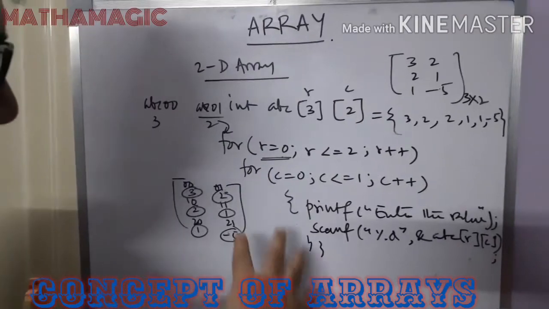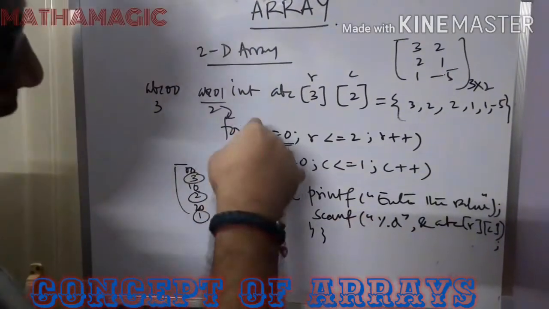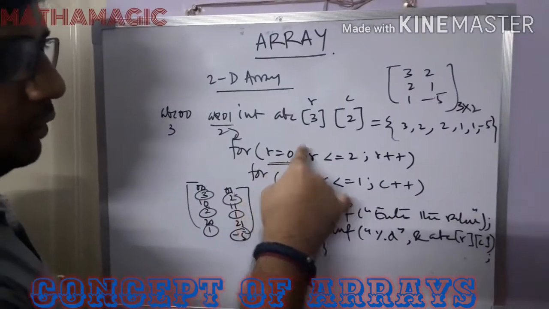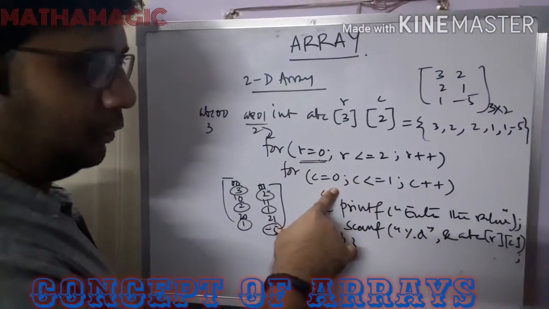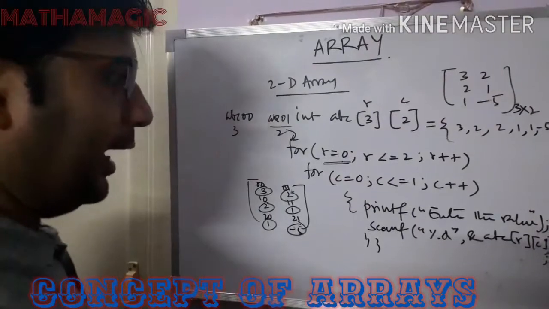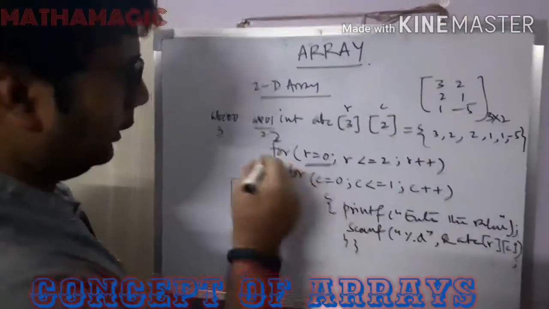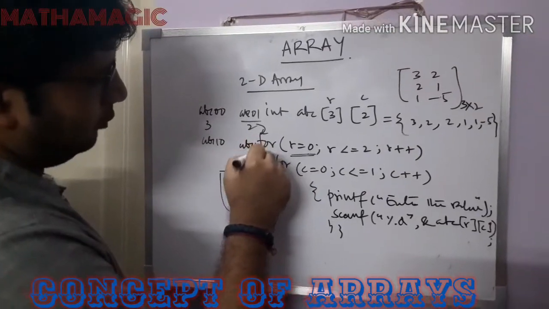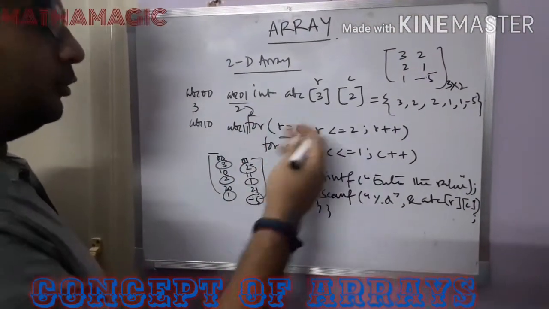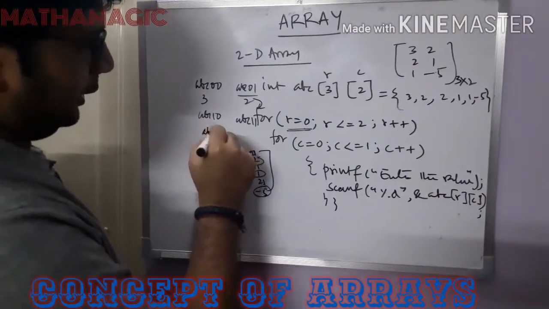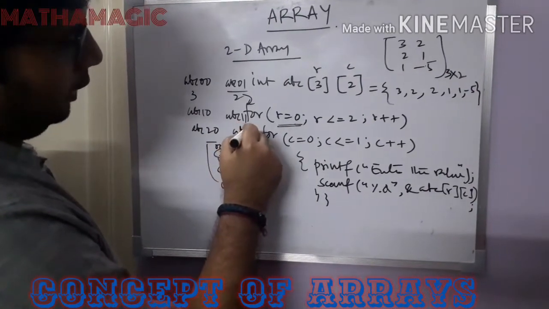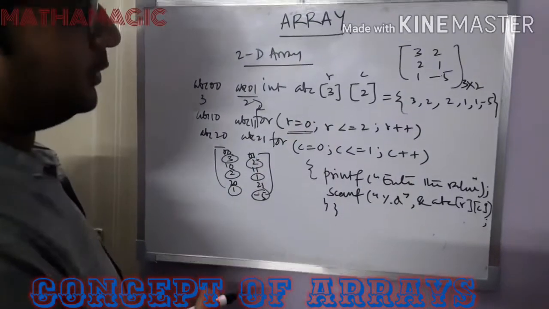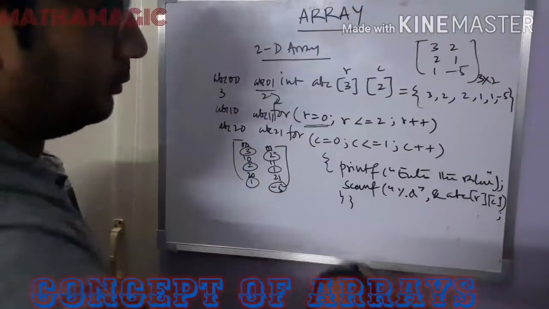So now for the second thing, r will be incremented. So the value of r is equal to 1 now. Condition satisfied, it will enter into the second loop. For the value r as 1, it will go for ABC 10, and similarly ABC 11. Then it will dissatisfy, it will go for r equals to 2, so it will go for ABC 20 and ABC 21. Then it will go again for the r. So the value of r will be 3, condition dissatisfied, so it will come out of the loop.